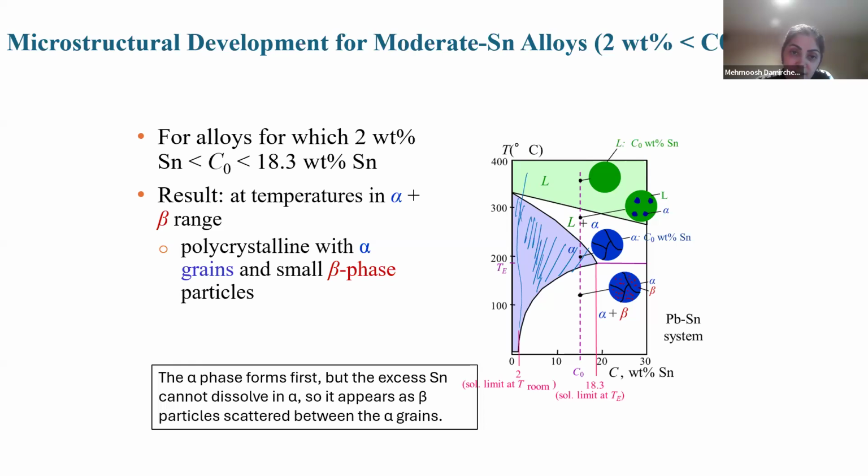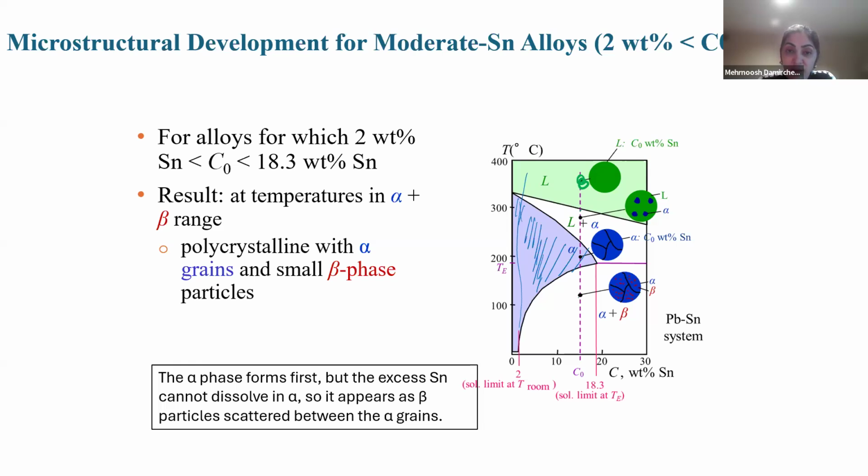Okay, look at this dashed line, yeah? Here, if I show you by green color, we are 100% liquid. When we reach here, we have some alpha that you see as a dark blue here. Cooling, we reach 100% alpha, and you see that is completely isomorphous and polycrystalline with 100% alpha. Then cooling more than that, we reach alpha plus beta.